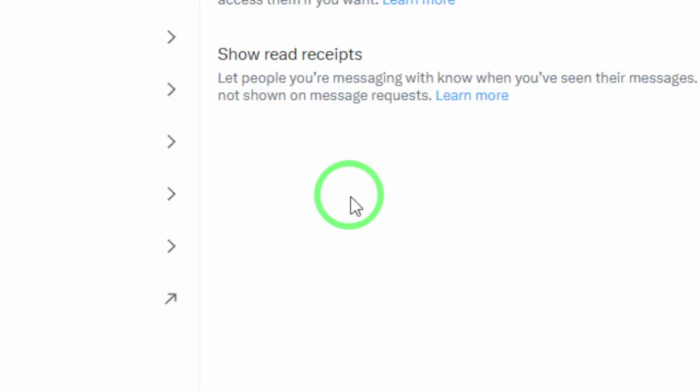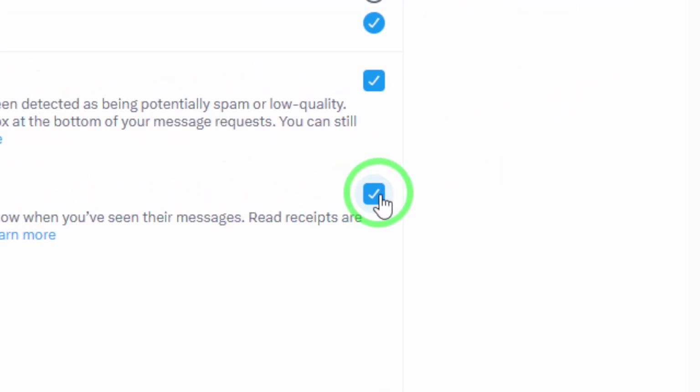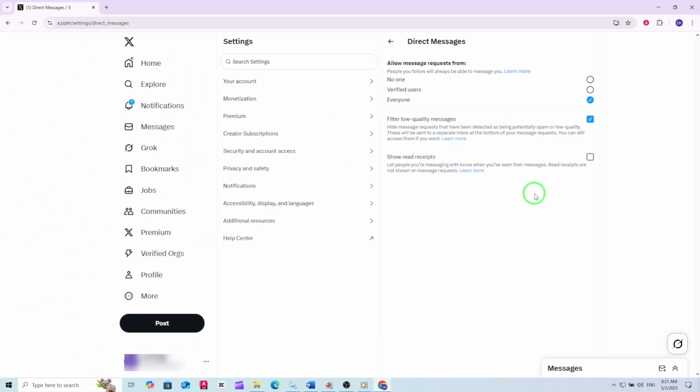Click on it, and you'll see a setting labeled Show Read Receipts. By default, this box is usually checked, which means people can see when you've read their messages. To hide your read receipts, simply uncheck this box. That's all it takes. Once you've unchecked Show Read Receipts, your contacts will no longer be notified when you read